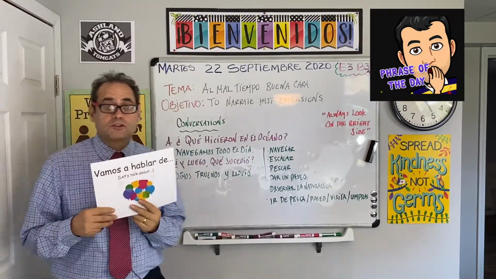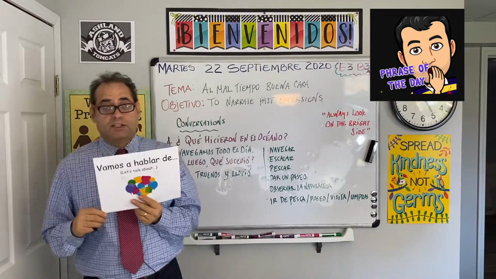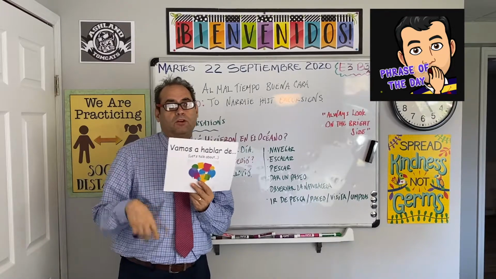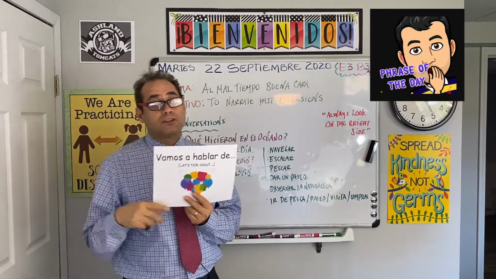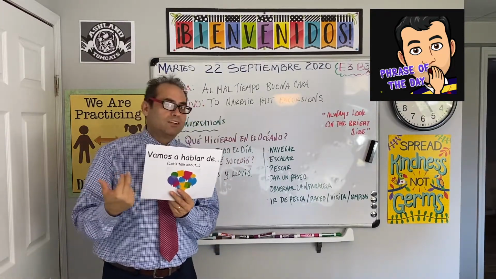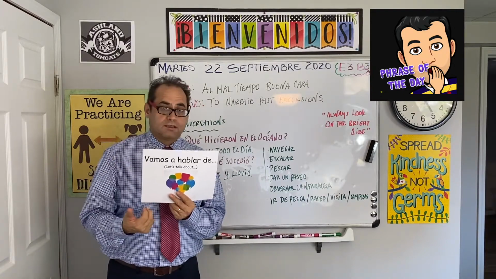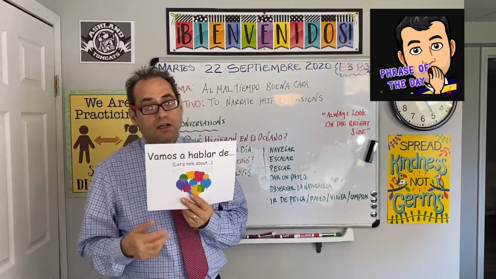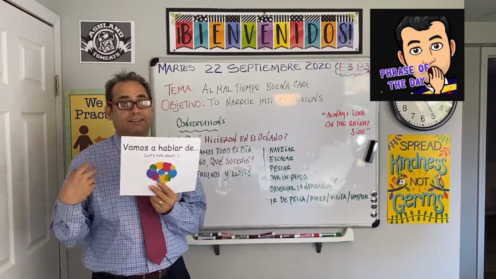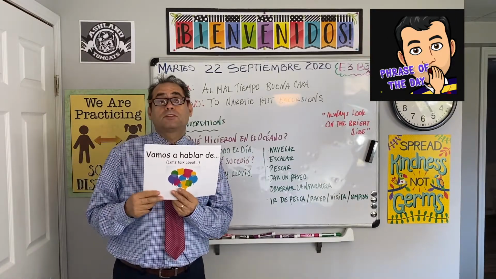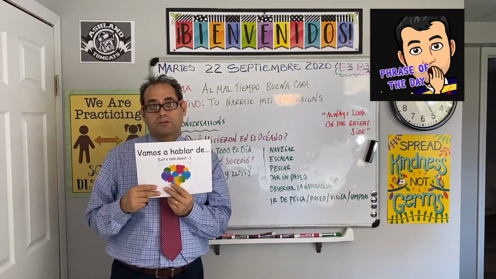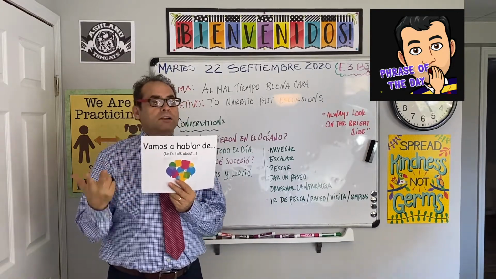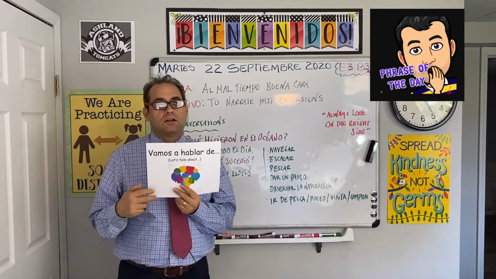When somebody wants to talk to you about something, that person approaches you and she or he says to you, let's talk about it. Let's talk about this. Maybe your girlfriend, your boyfriend, maybe your mom, your dad, your teacher. Okay, vamos a hablar de notas. Okay, let's talk about grades. Let's talk about why you went to the restaurant. It took about 20 minutes. Let's talk about why you are not connected. Okay, let's talk about vamos a hablar. Vamos a hablar. Maybe your mom, your dad. Okay, maybe the principal, maybe your coach. Vamos a hablar del partido. Let's talk about the game. Let's talk about you and me.